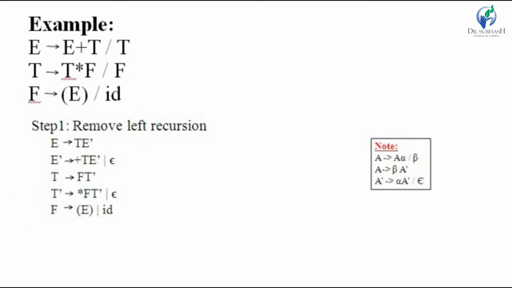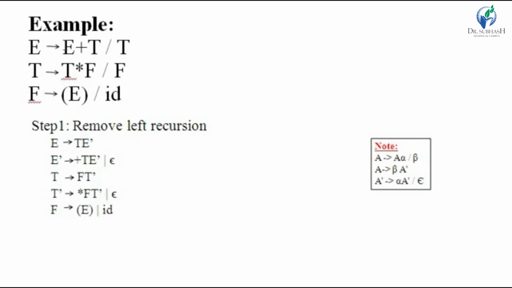In our given grammar, there is no left factoring. Left factoring means A gives alpha beta 1 or alpha beta 2 up to alpha beta n. It means in the right side production you have multiple productions that start with the same terminal or non-terminal. In this grammar there is no left factoring. Is there any left recursion?